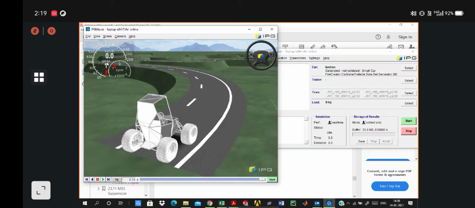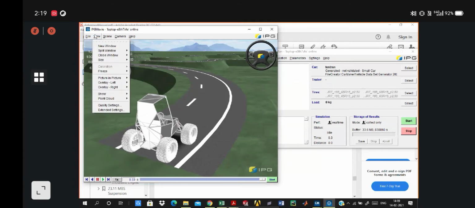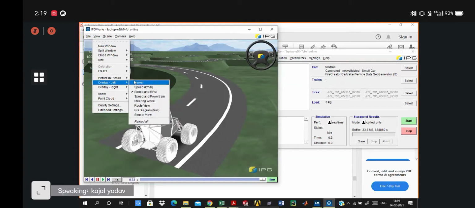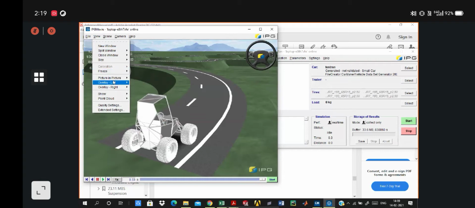So you just need to go to the view and in the overlay left and overlay right, you can select the available options such as speed and RPM to see the live speed and live RPM of your vehicle. It will help you to visualize your vehicle speed and vehicle steering wheel angle.